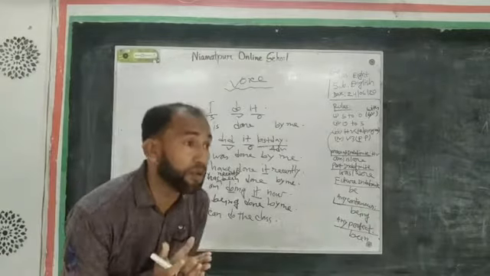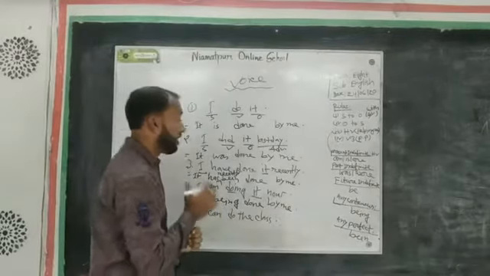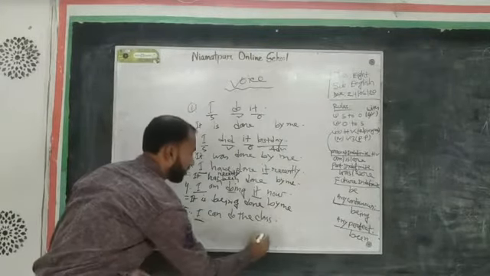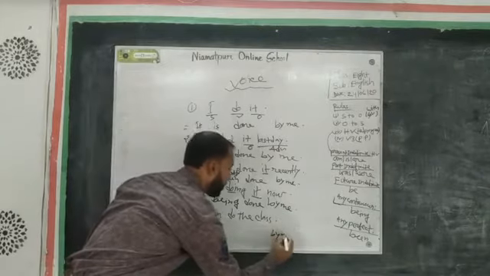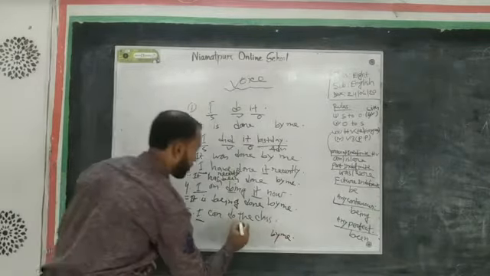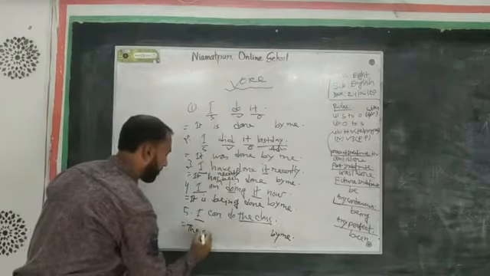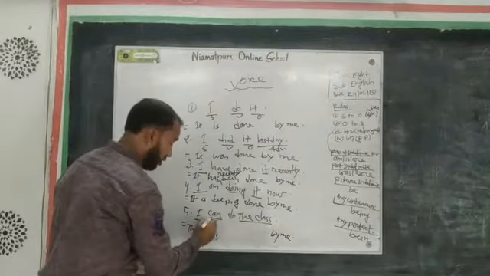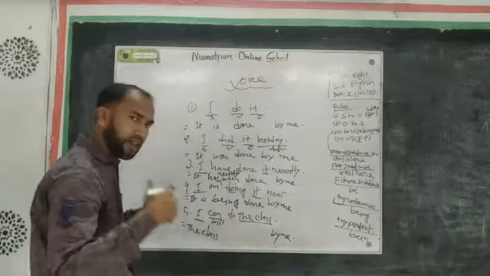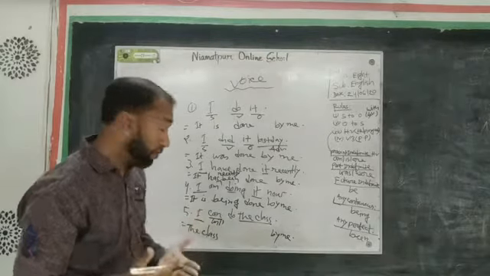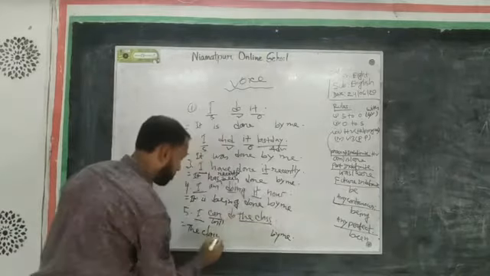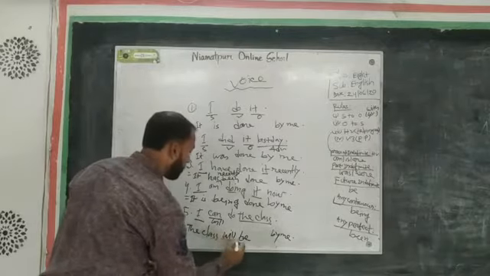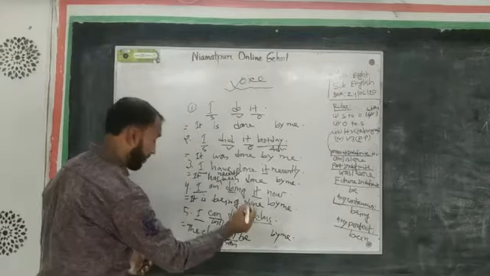Suppose the subject is "the class" with "by me", and a modal verb like will, can. Any modal verb used, you will use extra "be". So: the class will be, or can be